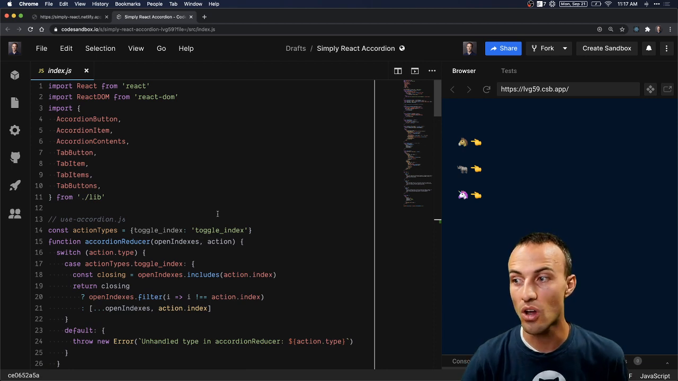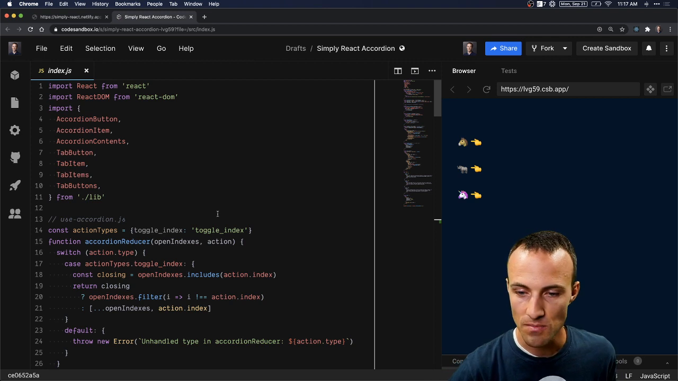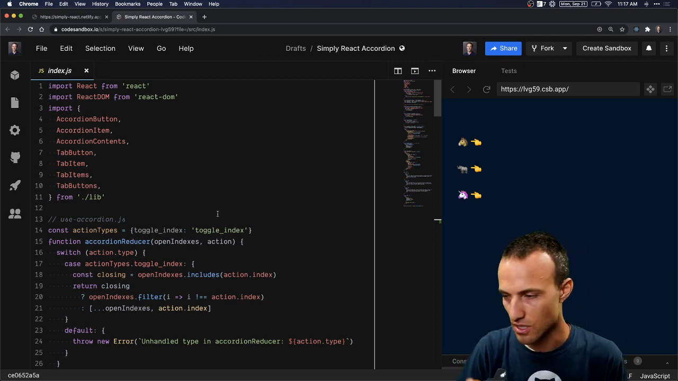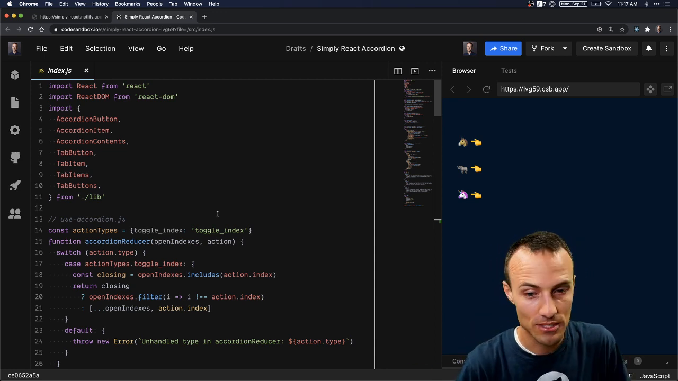So this is what's so cool about hooks. I gave this talk before hooks were a thing. And at that time, it was, let's talk about render props and higher order components and all this cool stuff. But as cool as that was,